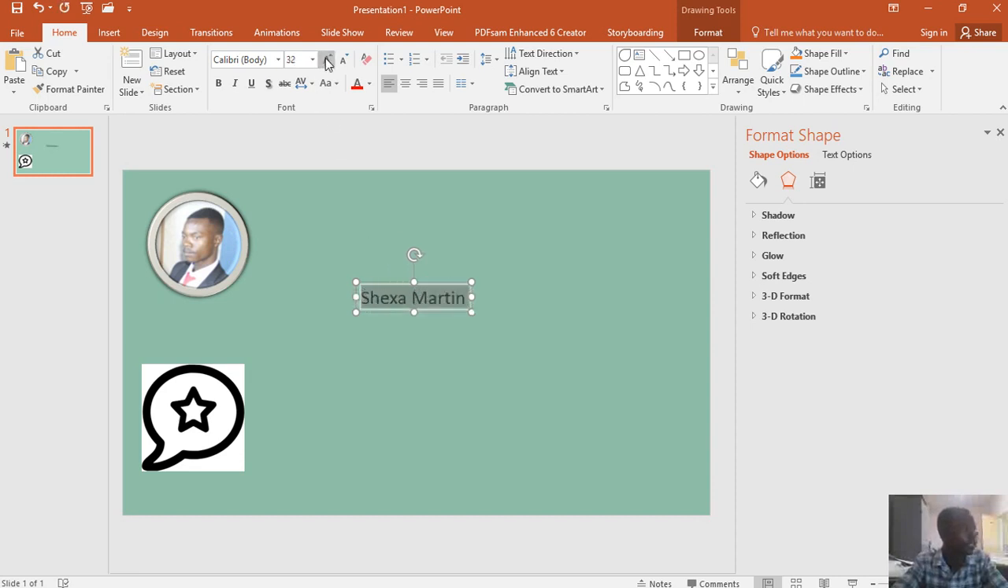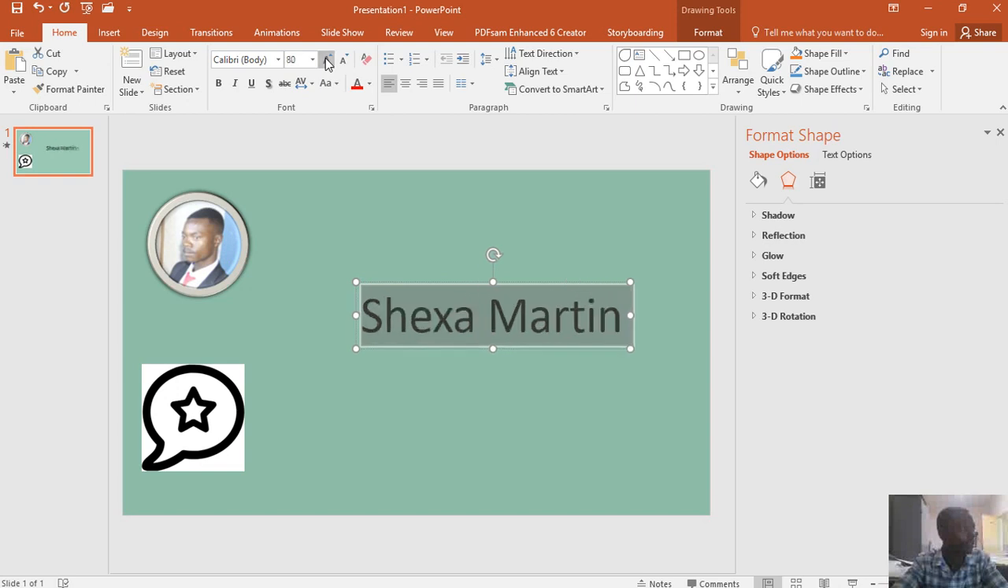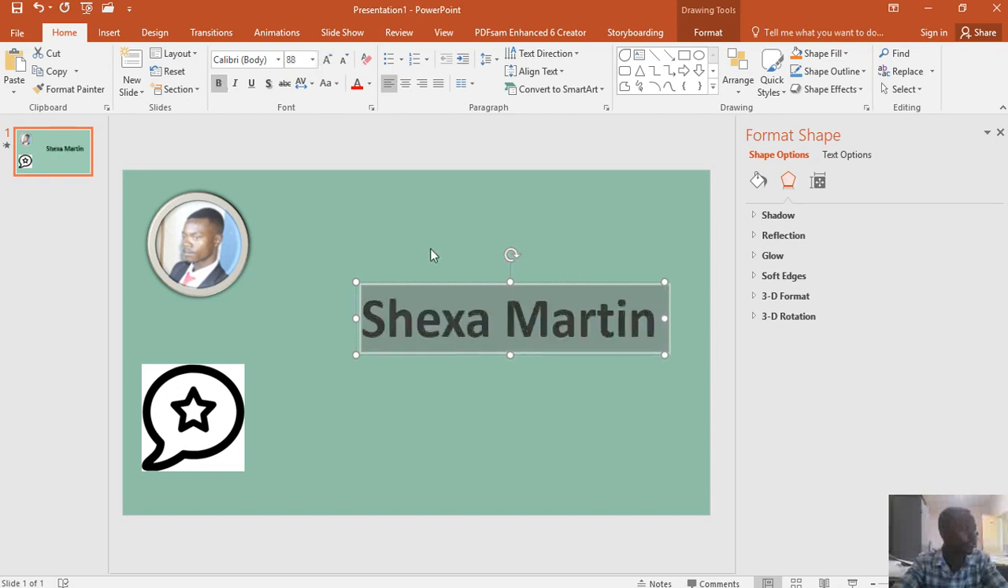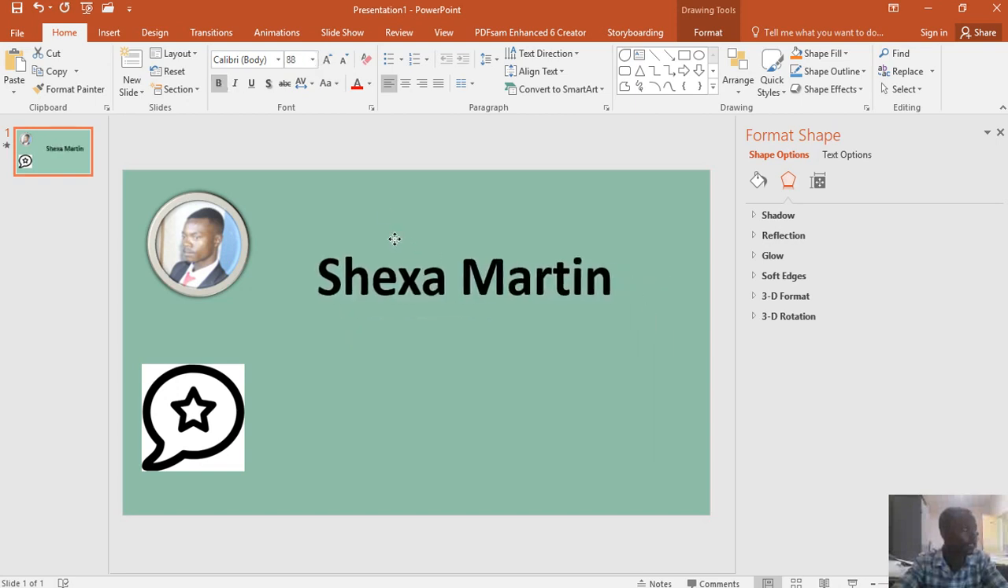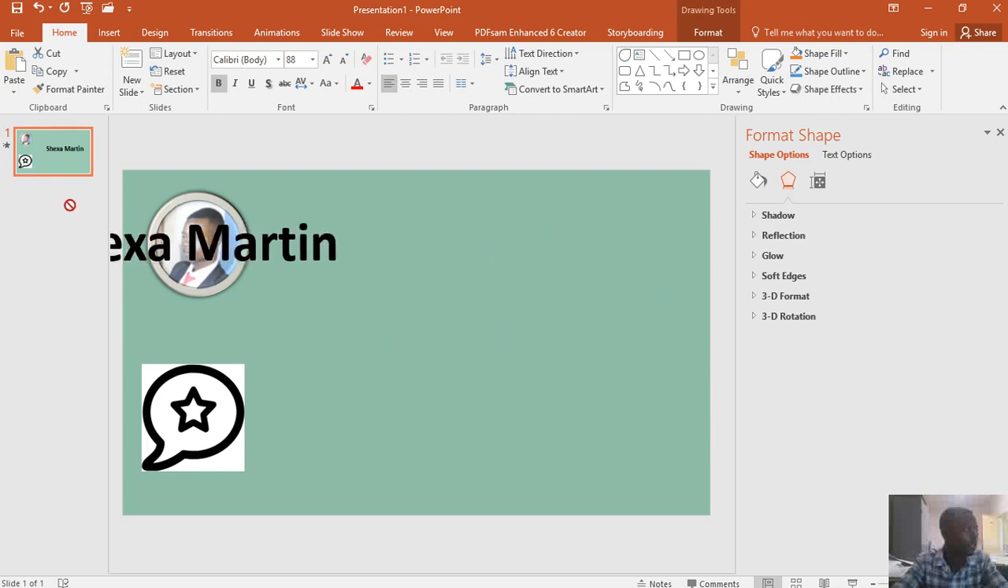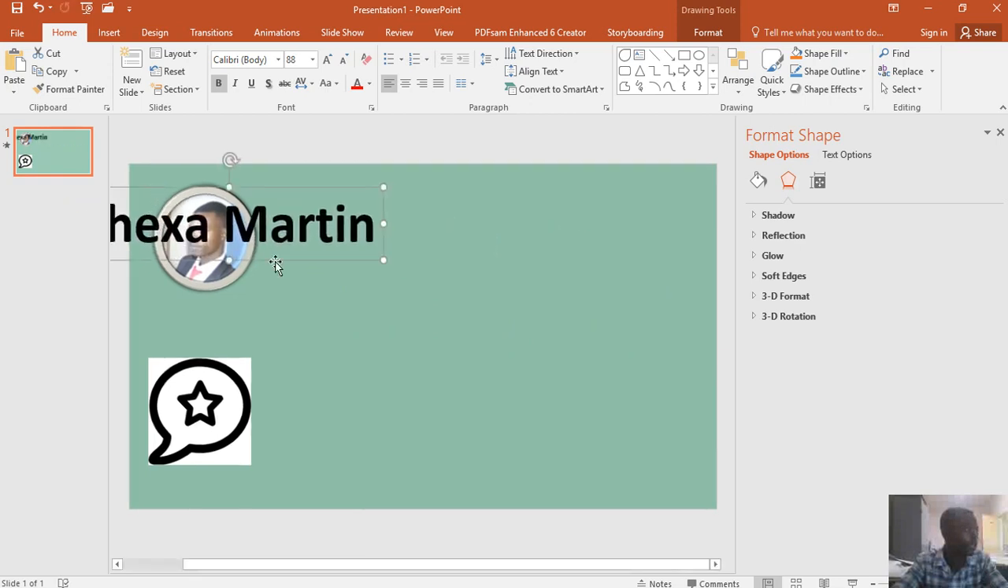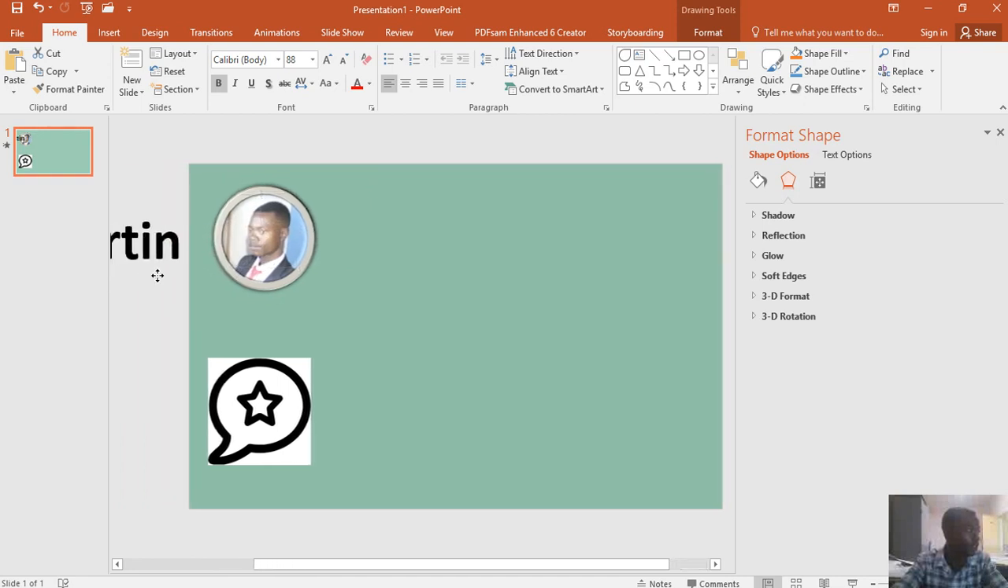We increase the size, we bold our text, and then we position it outside the slide, move it outside like that, right? So after moving it out like that,